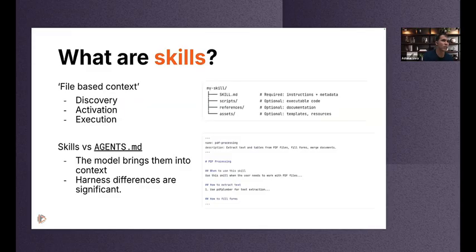Many of you already know skills. Maybe you use them daily, just working with your dataset. But skills in general, and this is a slide that I got from Don, a very nice one. The skills are just markdown files. They don't have any code. You can have code examples, yes, but the idea of the skill is not to compute or do some computation. It's more about bringing the context to the agent,